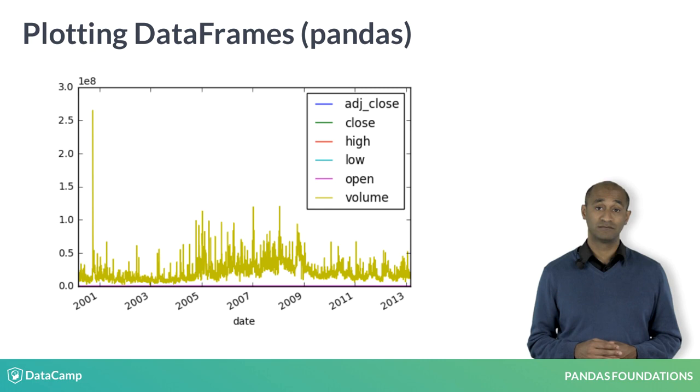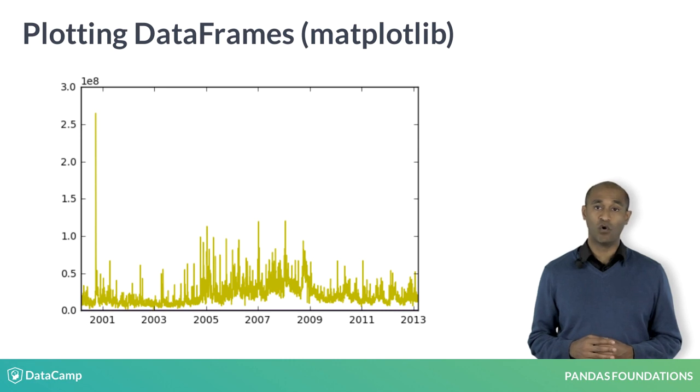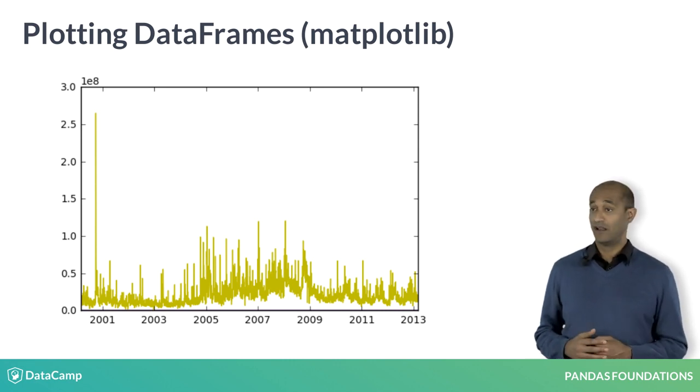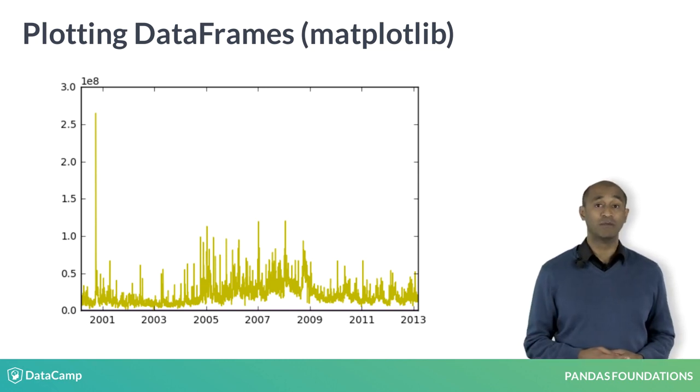We can produce a similar plot using plt.plot from matplotlib using the DataFrame as argument. This implicitly draws all of the numeric columns of apple against the index. The figure resembles the one plotted using the DataFrame method plot, but there is no legend and no title on the date axis. Again, the volume column dominates the other 5 curves and they cannot be seen on the same